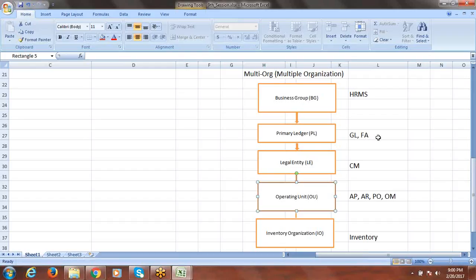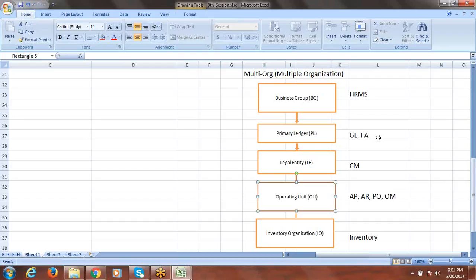So tomorrow, when we talk to the client, we have to tell them that we are going to maintain your employee information with the concept called business group, which is supported by the HRMS application. And we'll have a primary ledger, which is a transaction entity or accounting entity. To support this primary ledger, we have two applications, GL and FA. The GL and FA applications will be mapped at the primary ledger level as per multi-org. That's how it works. At the legal entity level, your registration information, we will have the cash management application. AP, AR, PO, OM, all those applications will be mapped at operating unit level, and inventory will be mapped at inventory